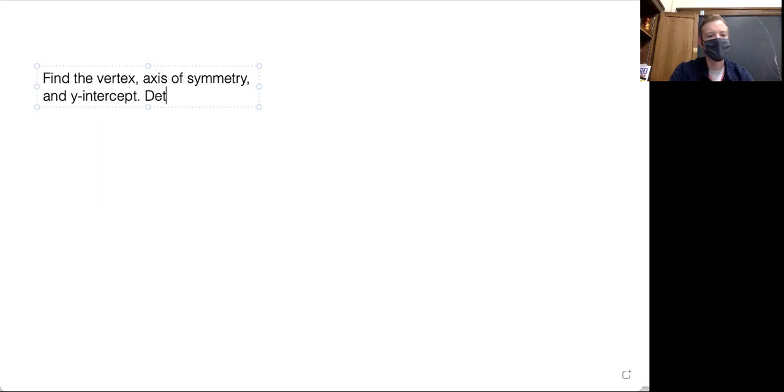So for our next example, once again, we still have the same directions. The vertex, axis of symmetry, and y-intercept. Determine if the vertex is a minimum or maximum. And this time, let's have